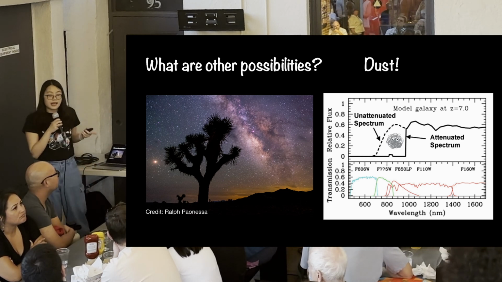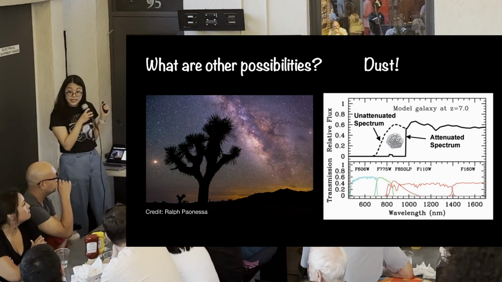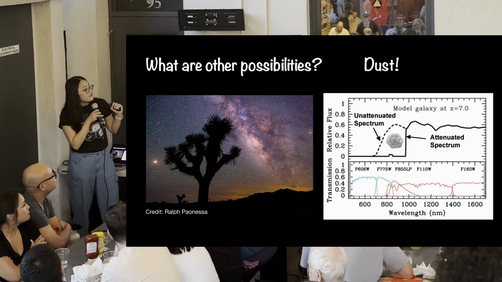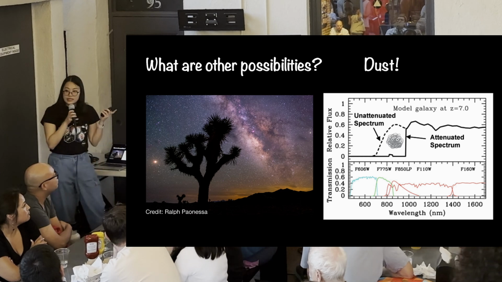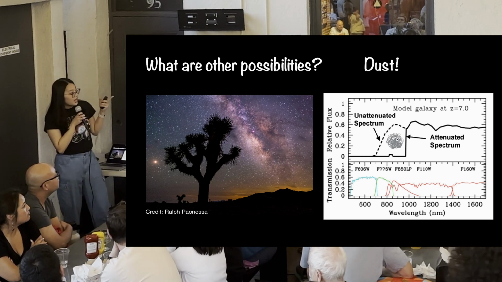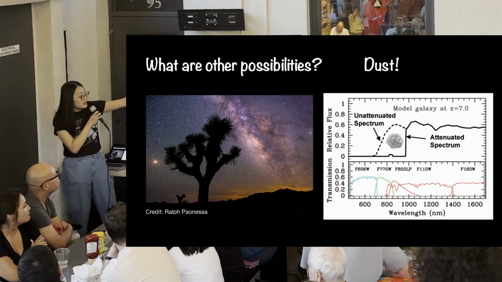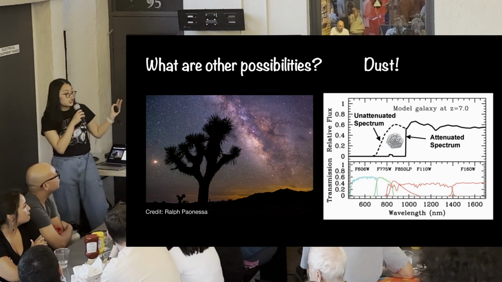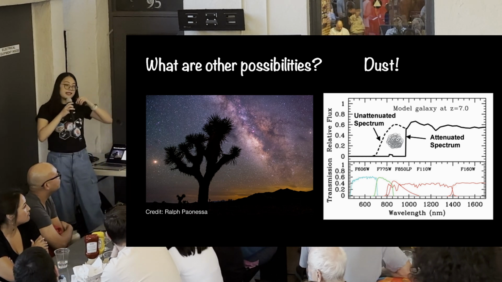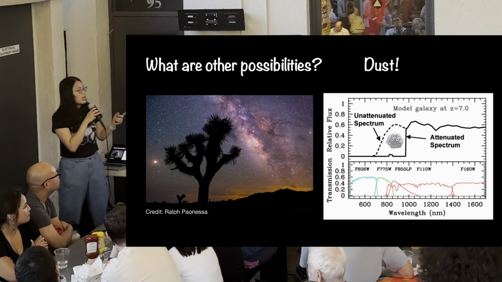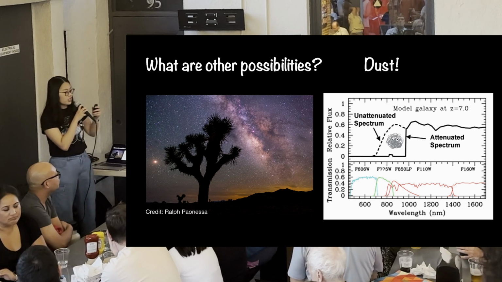So how does that really affect the spectrum? In the right plot here, we can see that if a galaxy doesn't have any dust, the region near the Lyman break would be very similar to the dashed line there. But if a galaxy has a lot of dust, this dust is very good at suppressing the light at shorter wavelengths, basically making the spectrum more similar to the solid line over there. And we know the location of this break is essential for us to determine the distance. And if we get the dust content in the galaxy wrong, we will basically mess up